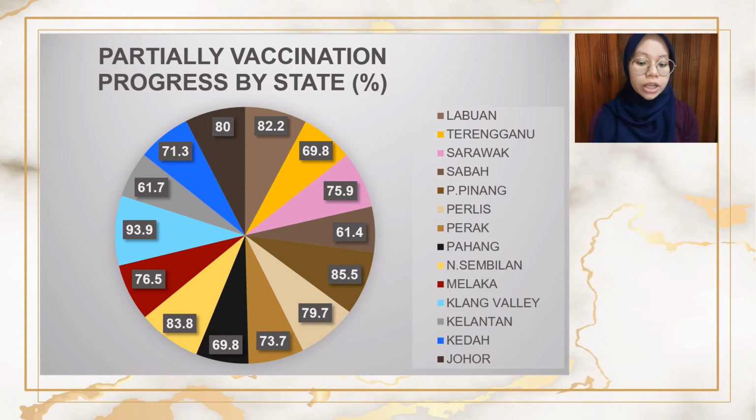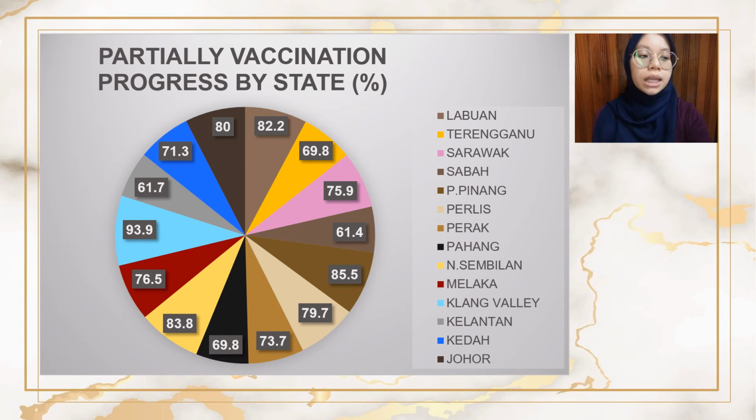Now, this pie chart shows the partially vaccination progress by state from 18 May to 10 November 2021. Labuan 82.2%, Terengganu 69.8%, Sarawak 75.9%, Sabah 61.4%, Pulau Pinang 85.5%, Perlis 79.7%, Pahang 69.8%, Negeri Sembilan 83.8%, Melaka